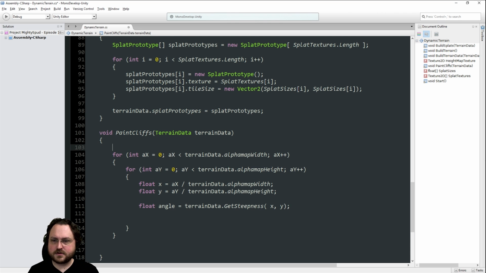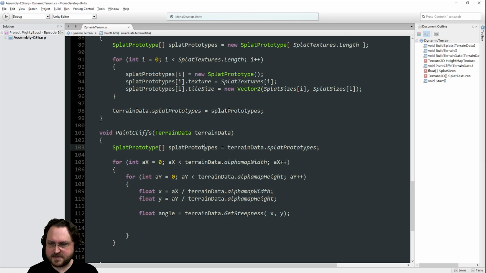So I think we want to just grab this again from the terrain. What the hell did I just copy? Copy this, because I don't know if you can modify it on the fly. Maybe you can, maybe you can't. There's basically no overhead here, though, because we're just modifying a reference, so that's going to be okay.